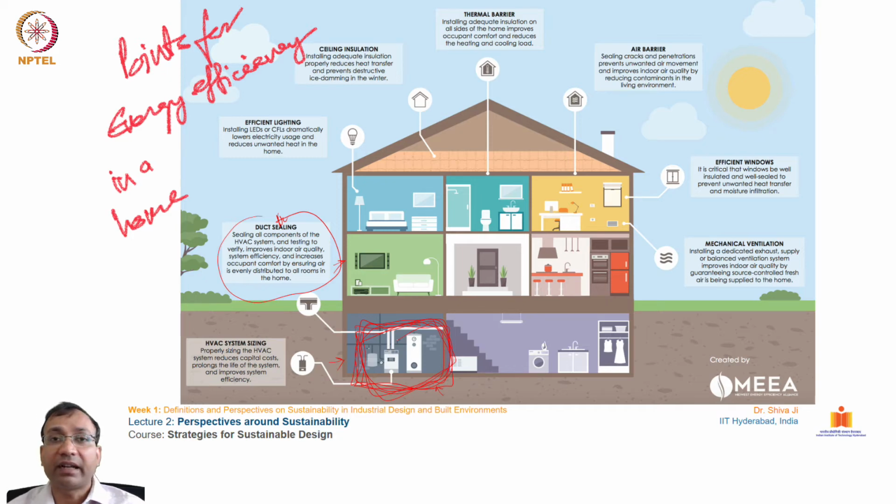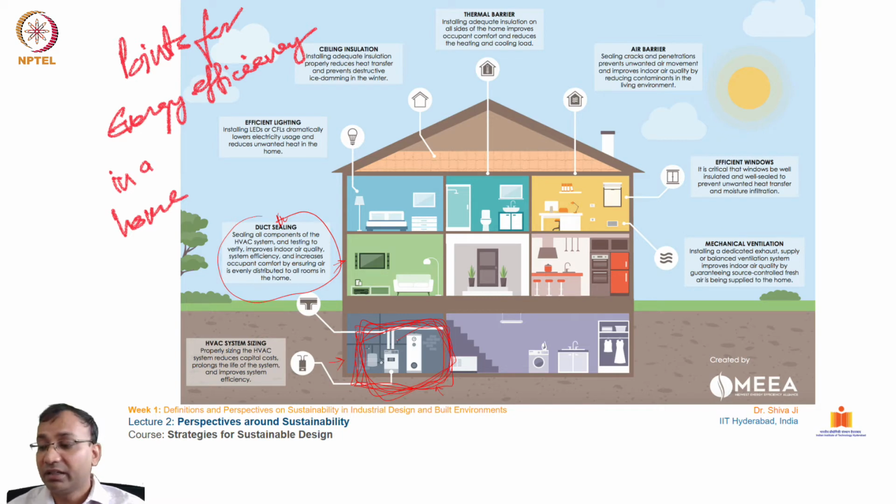The next one is efficient lighting, of course. This change has come, at least in India, as we are aware: we have moved on from incandescent bulbs to CFL and LED bulbs these days. They consume a fraction of the electricity used by an incandescent bulb. Earlier, bulbs used to consume 100 watts per bulb. Now you can run thousands of LEDs on just 100 watts of power. This is a huge difference, but it needs to be further reinforced. And ceiling insulation is part of that insulation.